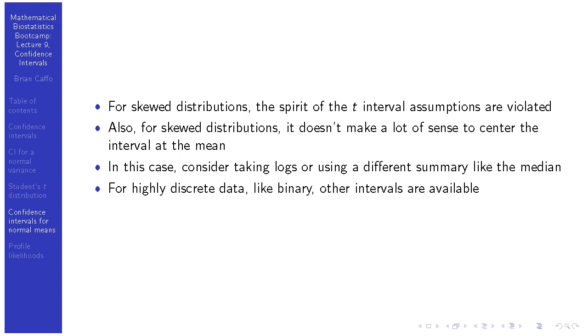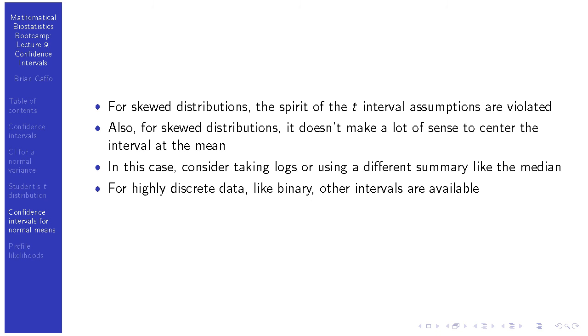Some more notes. For skewed distributions, the spirit of the t-interval assumptions are violated. You could probably show that it still works okay, and the reason is because those quantiles, the t n minus 1, 1 minus alpha over 2 quantiles, are so far out there. The t-distribution is a very heavy-tailed distribution that shoves those quantiles way out there. That makes the interval a lot wider, and then it tends to work conservatively in a broad variety of settings. But for skewed distributions, you're violating the spirit of the t-interval, and you're often better off